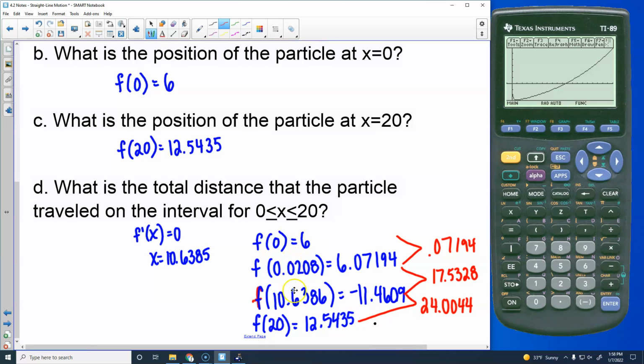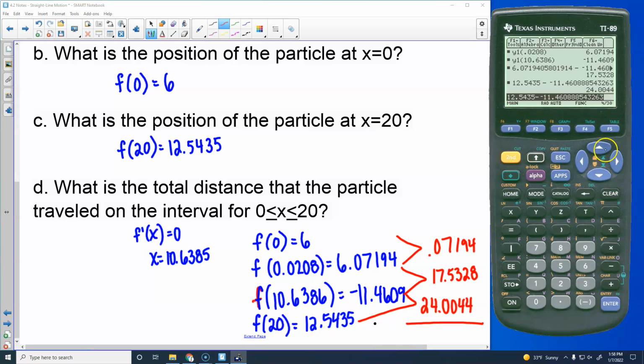So we tested these points to see where we're at, and then you're just looking at the distance traveled between each section. Our answer is what we get when we add all of those together. So we had 0.07 to the right, we had 17 point something to the left, and then 24.004 to the right. And we're going to add all of those together. And whenever we do that, we'll